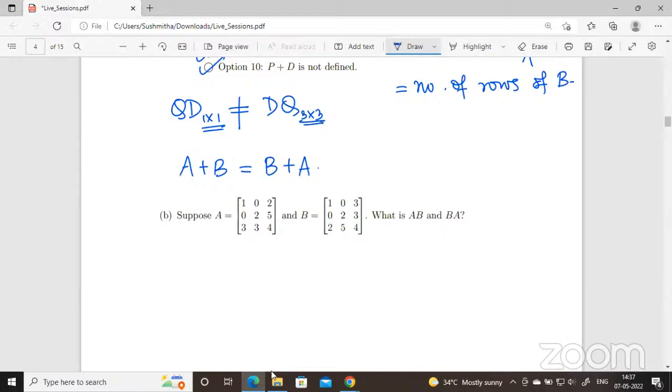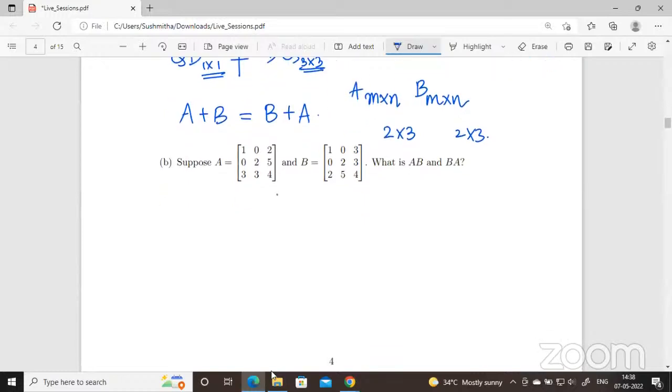Then for addition, is there no relation between rows and columns? Whatever columns I have, can I just add the next? No, both matrices should be of the same order. Does it have to be a square matrix? No. They can be rectangular matrices, but they should be of the same order. You cannot add a 2 cross 3 matrix with a 3 cross 2 matrix. The other one also has to be 2 cross 3.